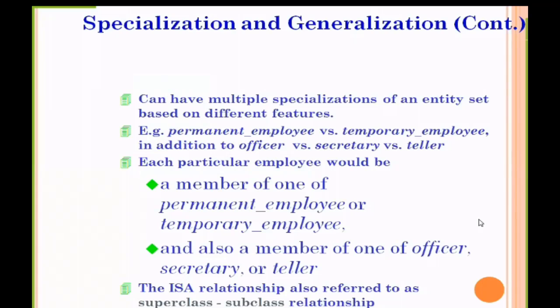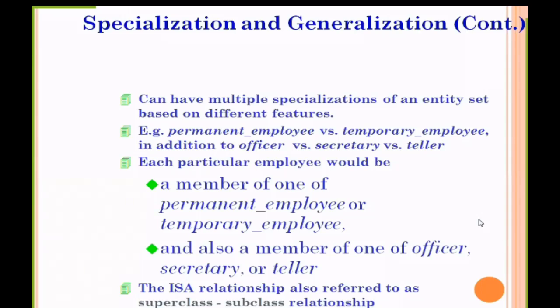So if we are creating the specialized entity set of permanent employee or temporary employee, like officer, secretary and teller, we can assign that teller may be a temporary employee, but officer and secretary will be permanent employees.